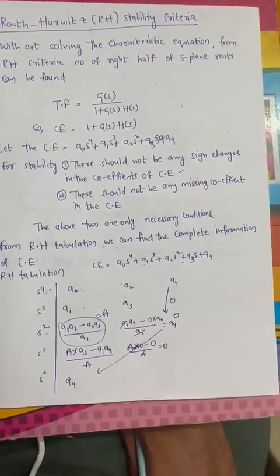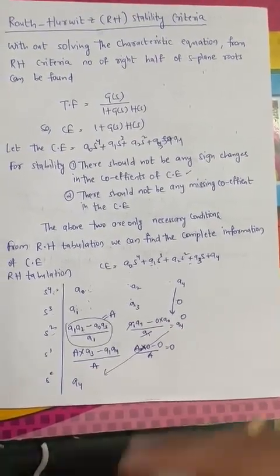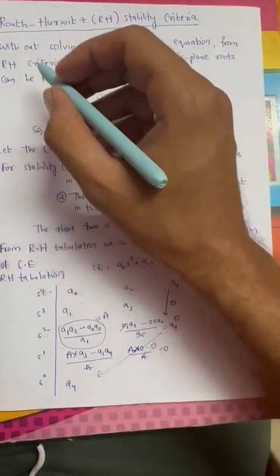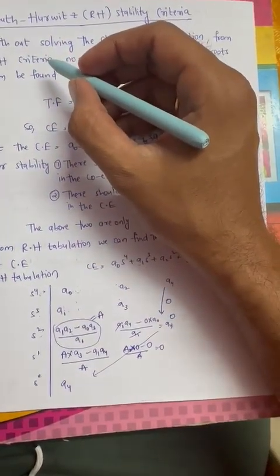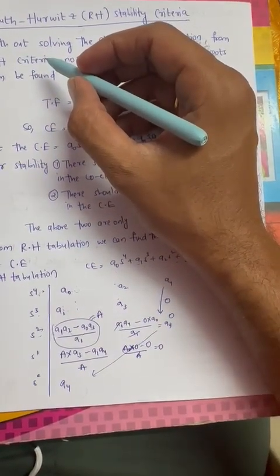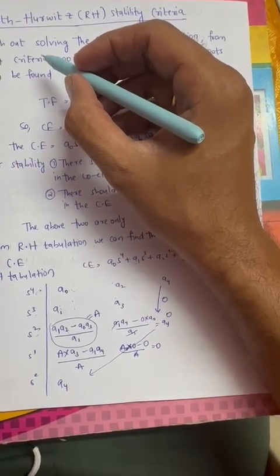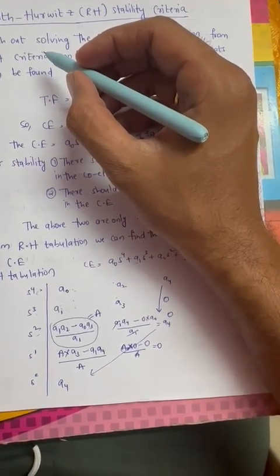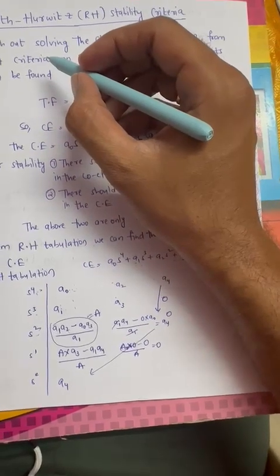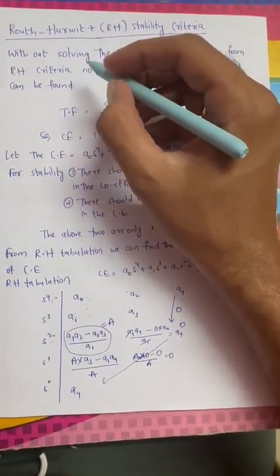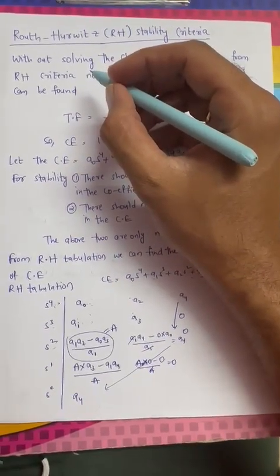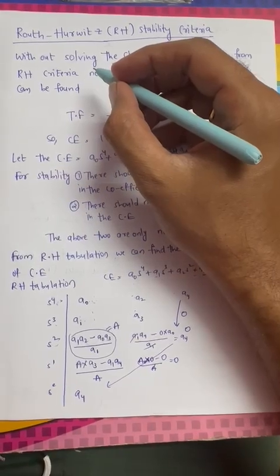Today we will discuss the Routh stability criteria. Routh stability criteria is a technique to find the stability of the system, that is, to know how many right hand side poles are present. In control systems, we know that for a system, if there are right hand side poles, the system will